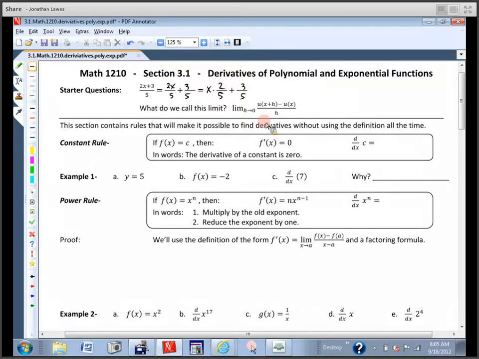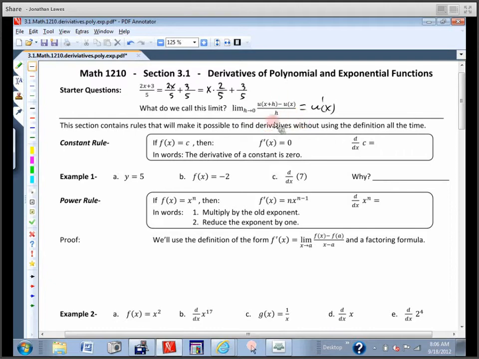If you ever see this, what is this? It looks like the difference quotient. It's a limit of a difference quotient. What function is this? I'm not really asking a trick question there. It's got a name. It's called u. The function is u. So this is literally, if you go back and look at the definitions for the derivatives,